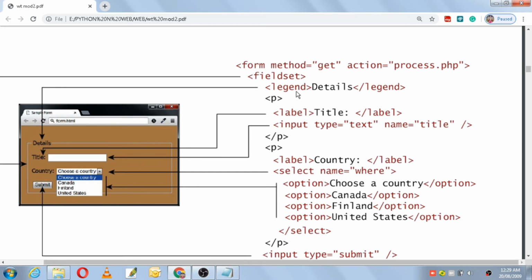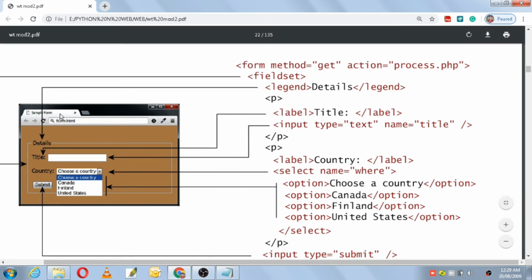What the legend helps us do is define the label for a fieldset group. Just see it in the form: this Details is like a label for this fieldset group, like a main title for this fieldset group.